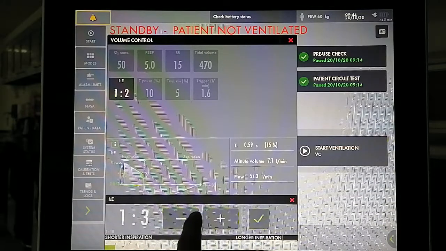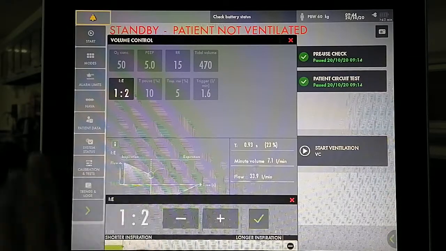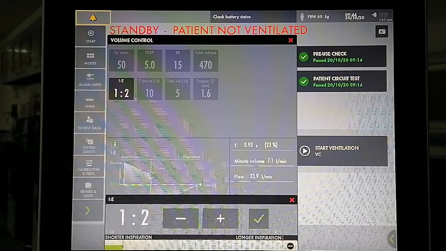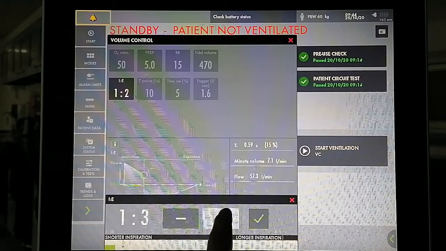The normal is 1:2, that's basically the usual limit. But if you want to increase the ratio more, you can just